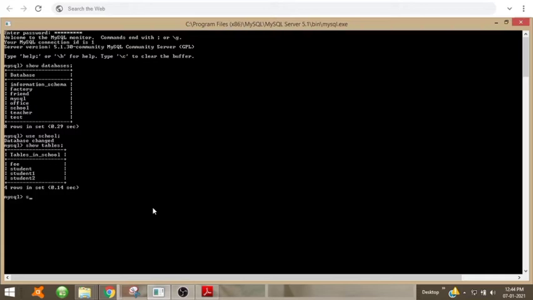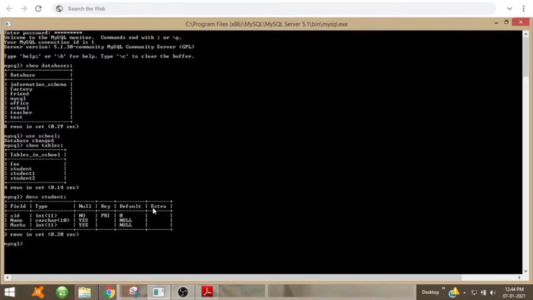How can I see the columns in the student table? DESC student, that is, describe student. These are the 3 fields I have inserted: student ID, name and marks. Last class I created this table.